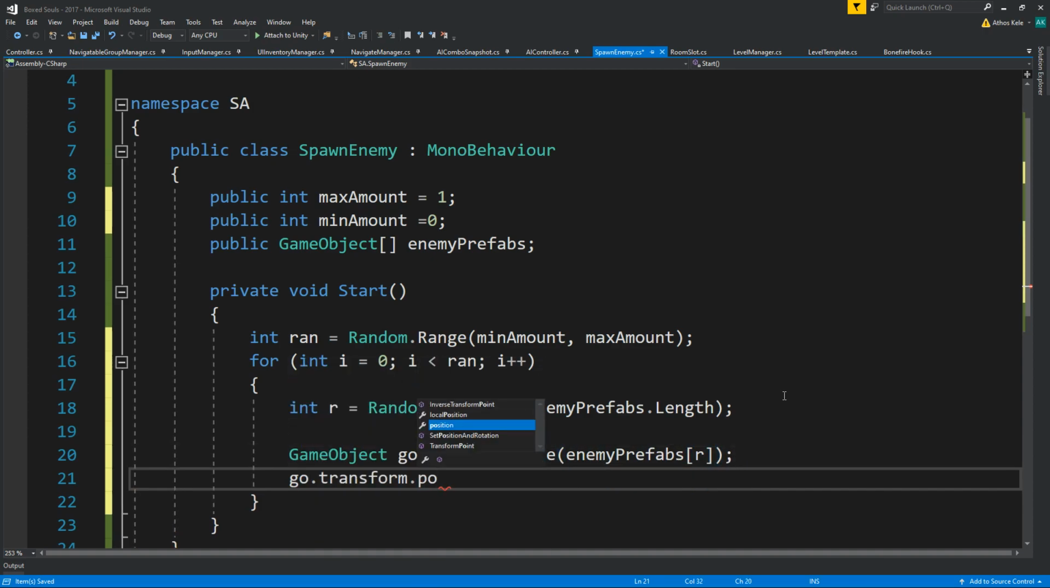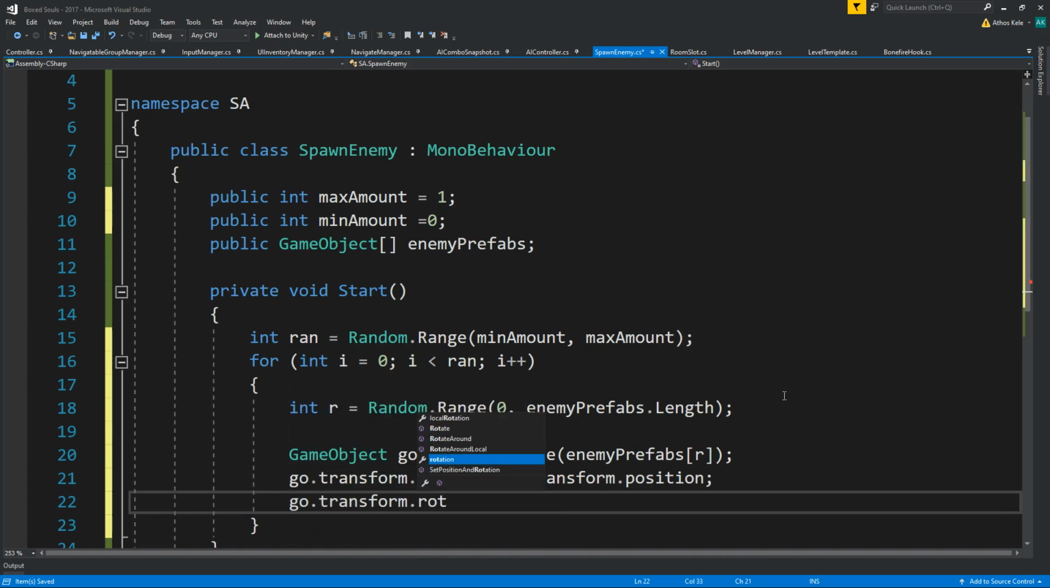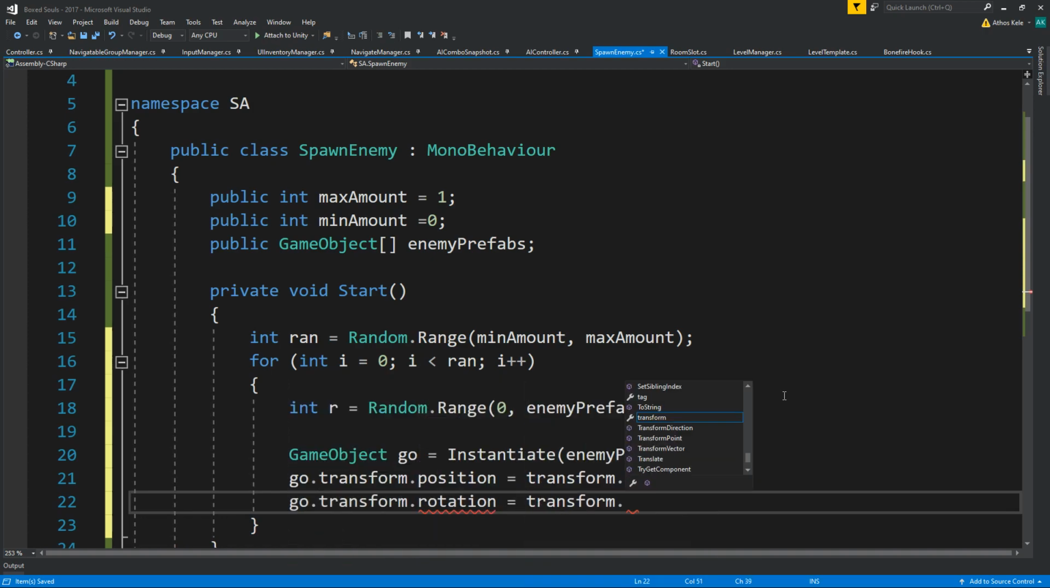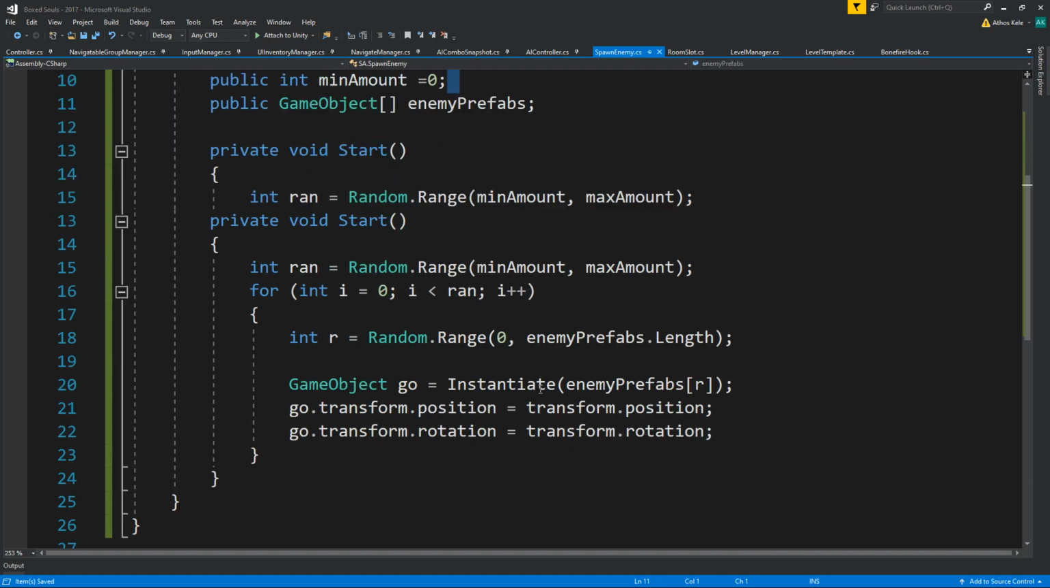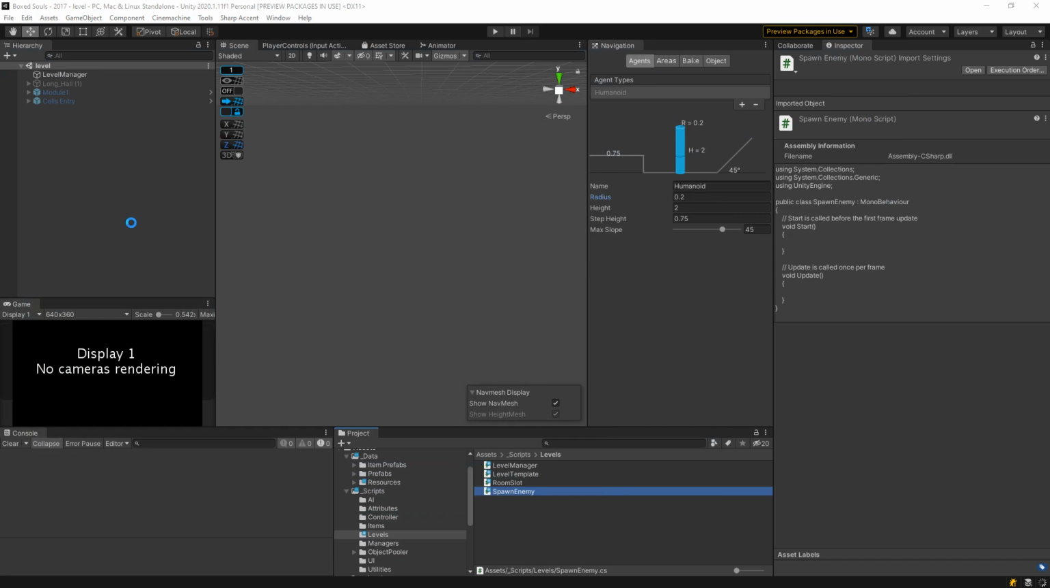So go.transform.position equals transform.position, go.transform.rotation equals transform.rotation. And just like that, on start, wherever we place this, we're going to end up with some enemies. Of course, the enemies will have to be spawned